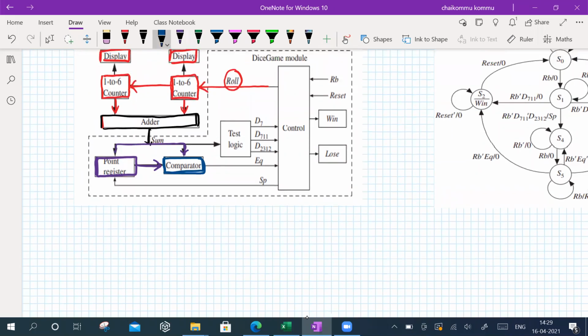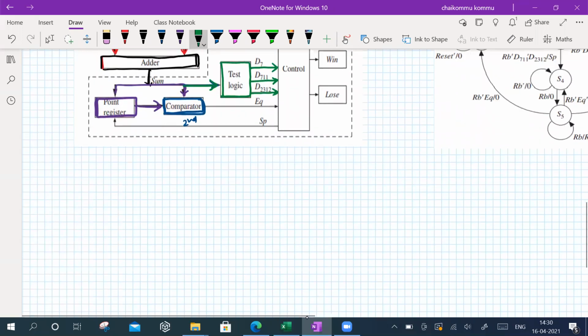And whatever the sum value is there, this is actually the second roll, the second time. Whatever the things are that we do from this second one. For the first time, we take the sum value, and we have to test whether the following signals have been identified or not. That means signal 7 has to be generated or not, the 7 or 11 signal has to be generated or not, the 2, 3, 12 signal has to be generated or not.